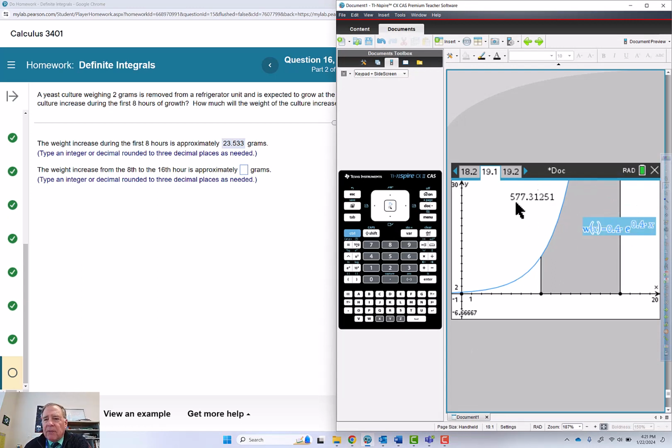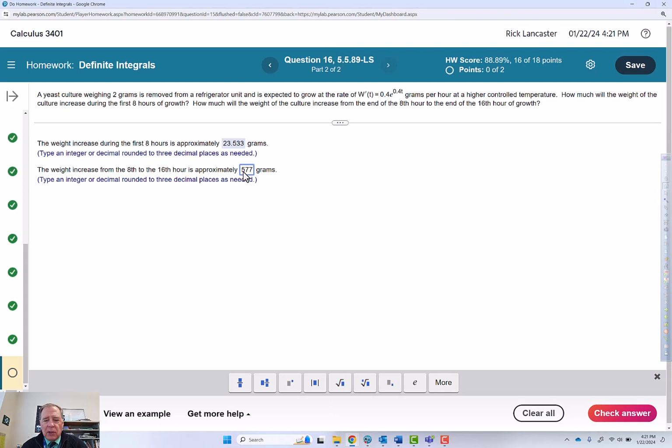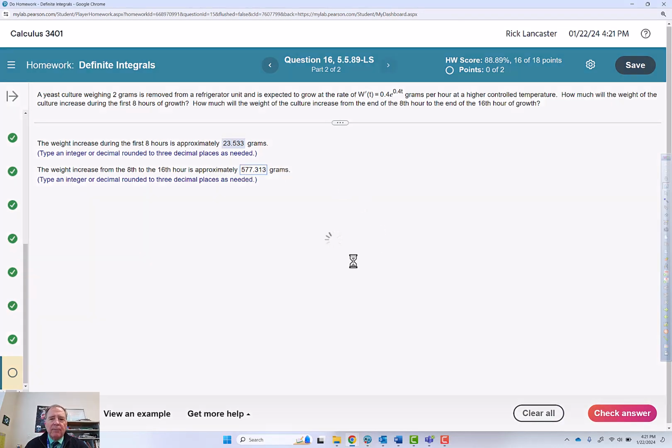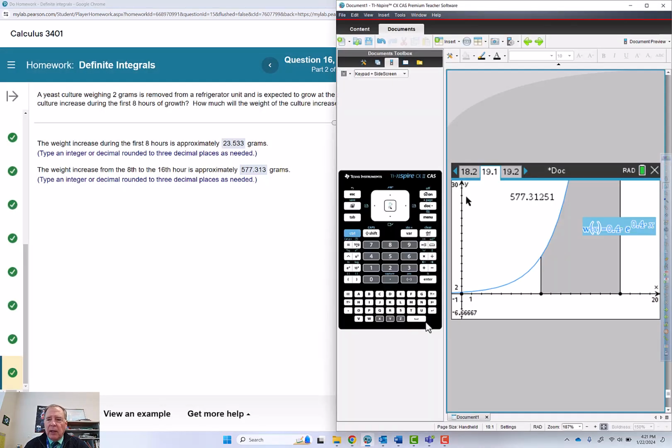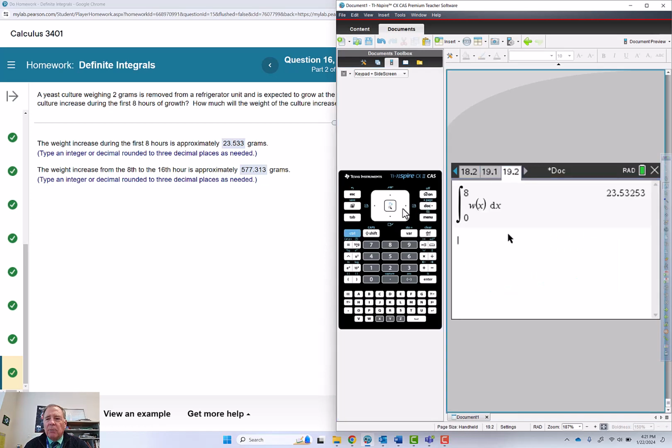But it's 577.313. Check answer, nice work, and let's go do that in the calculator page. And since I'm doing exactly the same thing, just from different limits, 8, tab, 16,